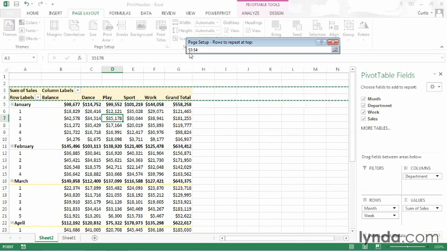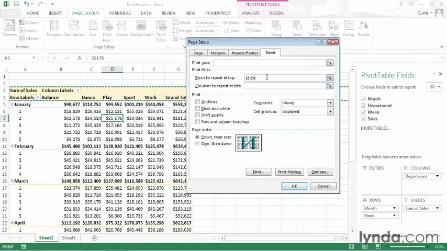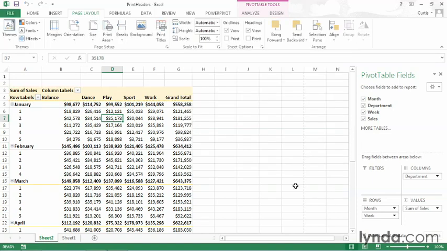And you can see that I have $3:$4 in the Page Setup box. And I'll click the Expand dialog control. And you can see that rows 3 and 4 appear in the Rows to Repeat at Top box. In this case, I don't have any columns that I need to repeat, so I can just go ahead and click OK. There's no obvious change in the body of the worksheet, but if I press Ctrl P to go